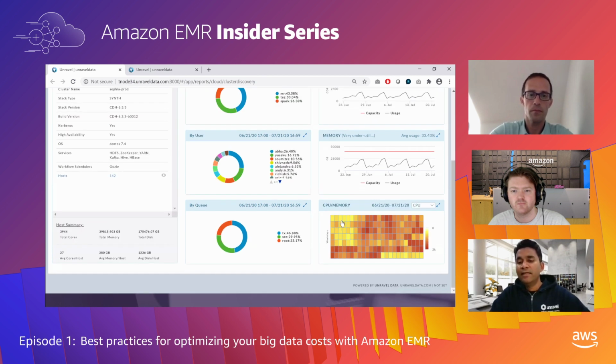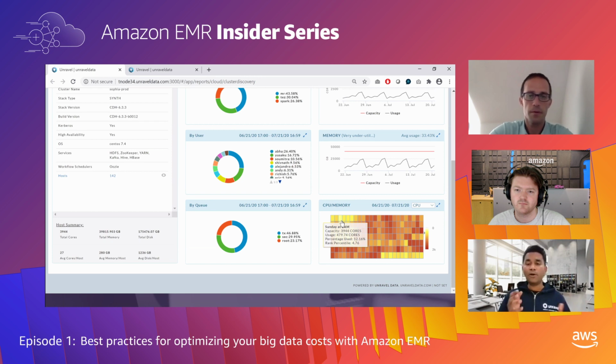Or you may just have seasonality. Some applications don't require the resources that they do on certain days of the week, whereas on other days of the week, they require a lot more. So you can use the auto scaling capabilities, again, to get what you need and don't have to compromise reliability and performance with cost, right?